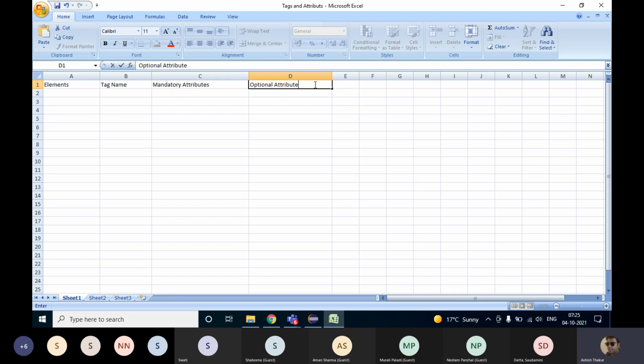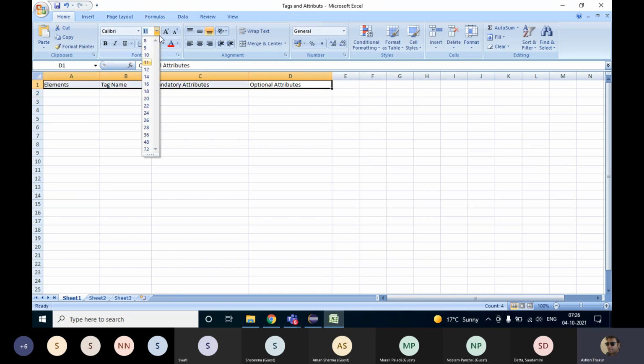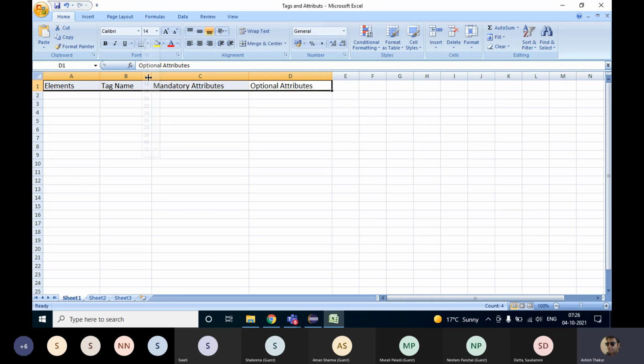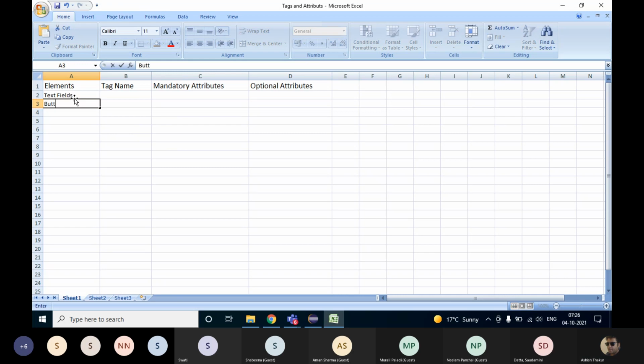So we are going to study these now. Right. For example, what are the components on the web page? If you talk about a web page, you have, say, text fields in which you can type something. Then you have buttons to click on, you have radio buttons, you have checkboxes.